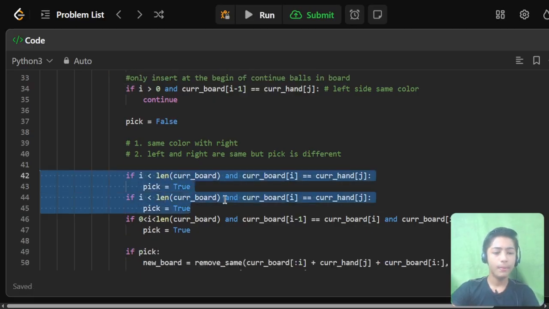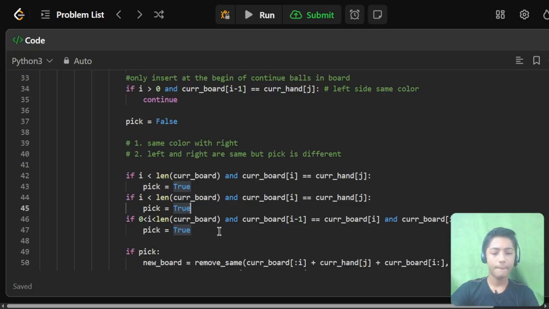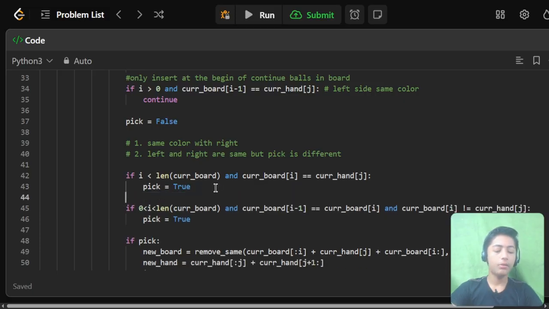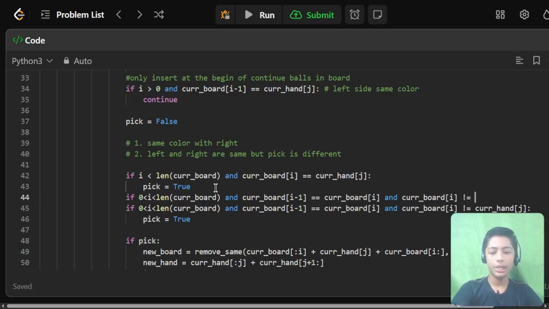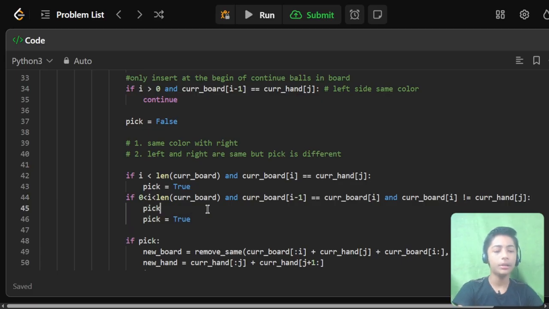Perfect. Remove this thing. Now write if 0 < i < len(curr board) and curr board[i - 1] == curr board[i] and curr board[i] != curr hand[j], then pick = True, and True's T will be in capital.